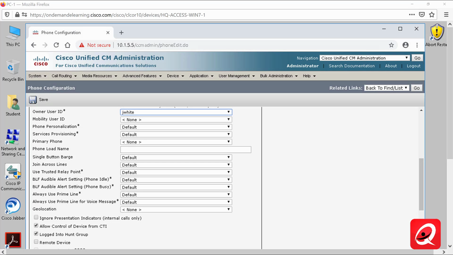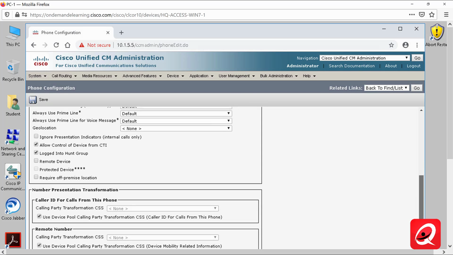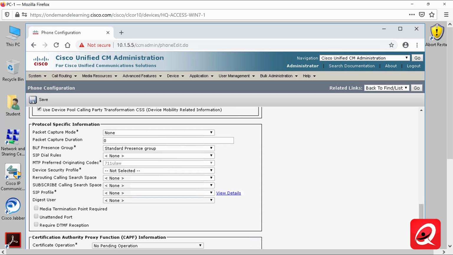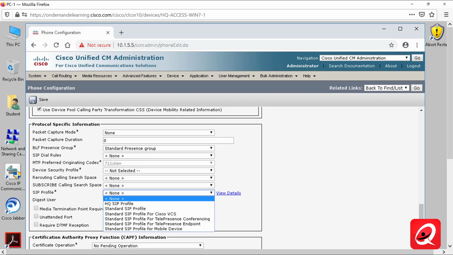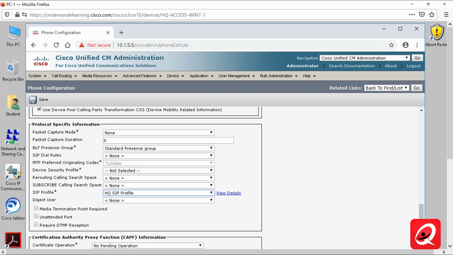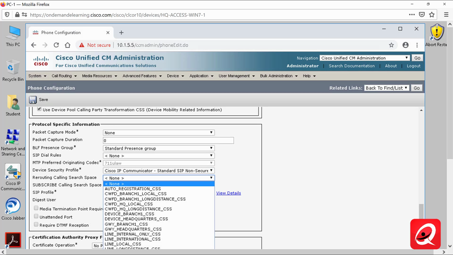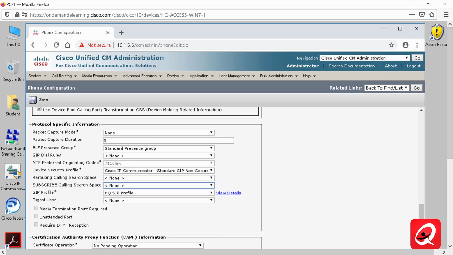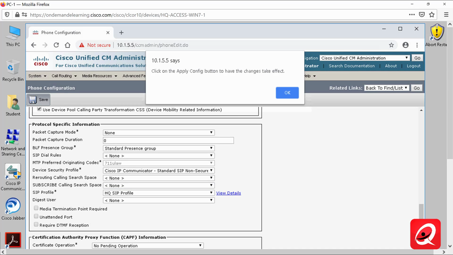We do need to define the SIP device security profile and the SIP profile. Those are required configuration elements that do not default to anything. We can see here the SIP profile is set to none. We're going to use a HQ SIP profile that we had previously configured, and the device security profile is going to be set to non-secure, standard SIP non-secure profile. All right, we'll get into those discussions a little bit later on as to why we would have to have those particular settings. So let's go ahead and save that configuration,